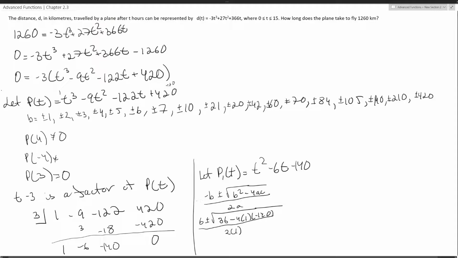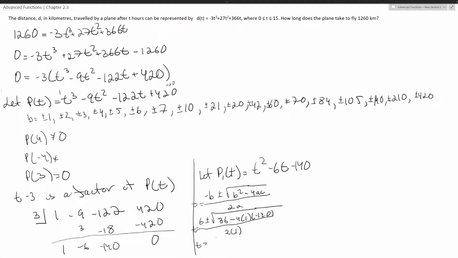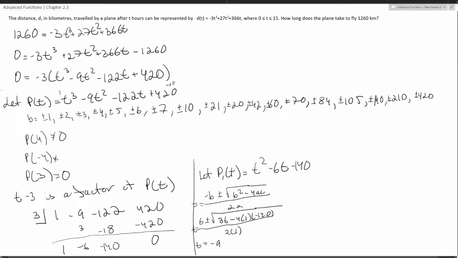You should say t equals, over here, since we're trying to solve it, t equals 6. Okay, these numbers turn out to be negative 9.207 and the other one is 15.207. So these three numbers, 3, negative 9, and 15, are the t values for which the plane flies